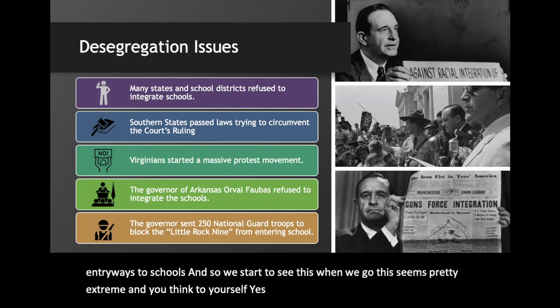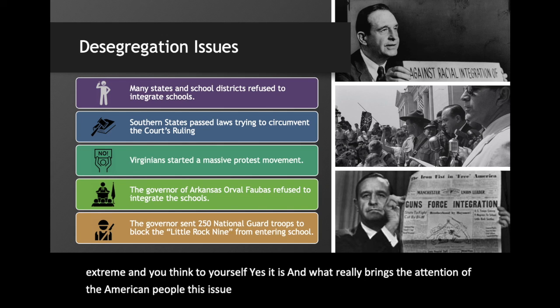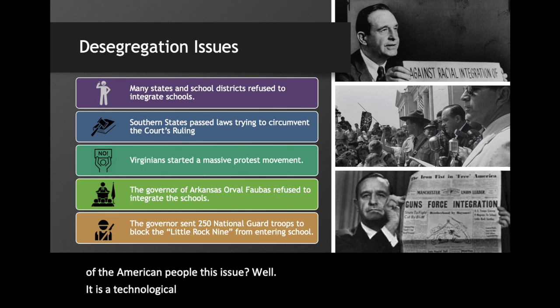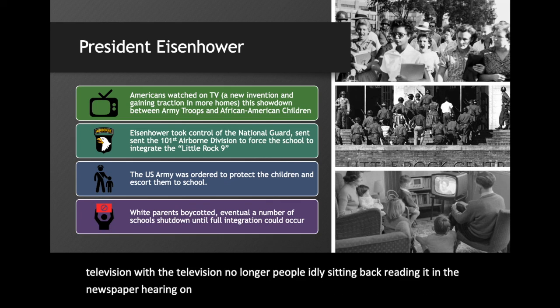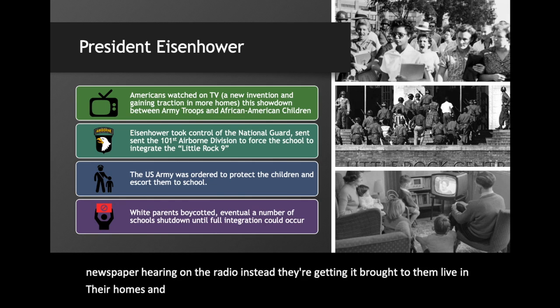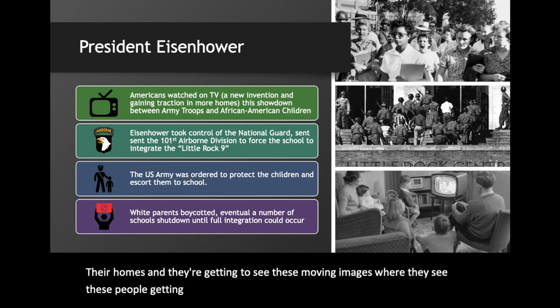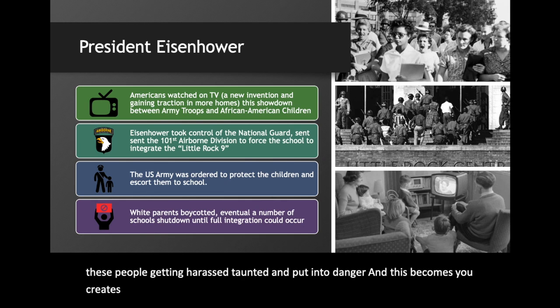And what really brings the attention of the American people to this issue? Well, it is a technological advancement that really wakes America up, and that's the television. With the television, people are no longer idly sitting back, reading it in the newspaper or hearing it on the radio. Instead, they're getting it brought to them live in their homes. And they're getting to see these moving images where they see these people getting harassed, taunted, and put into danger. And this creates a national outcry to the point that it's so loud that even President Eisenhower cannot ignore it